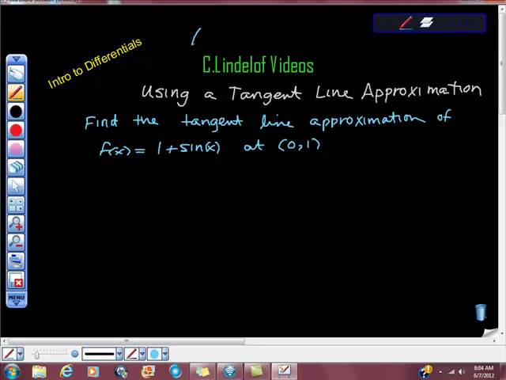Okay, AP Cal, I thought we would work on using tangent line approximations today. So here we go. I think this will be helpful. Find the tangent line approximation of f of x equals 1 plus sine of x at the point (0, 1). Remember when we had this in algebra,